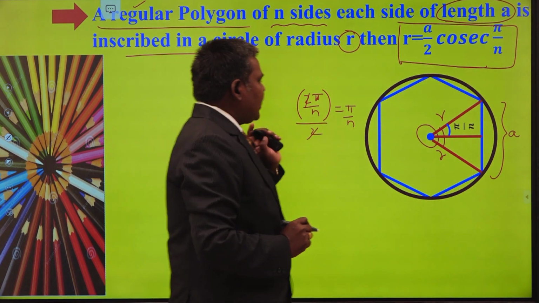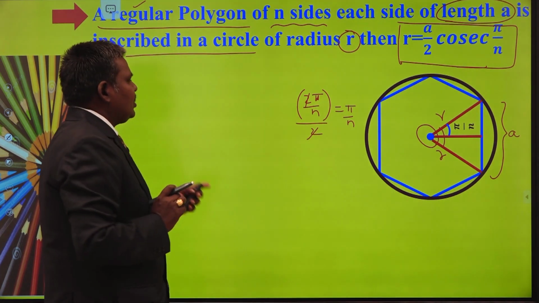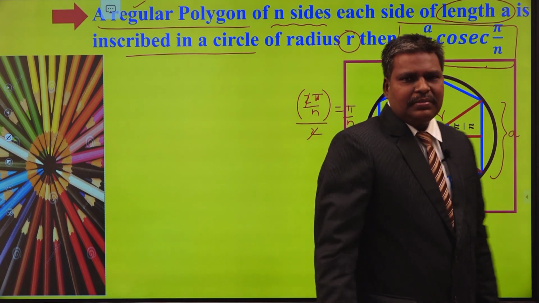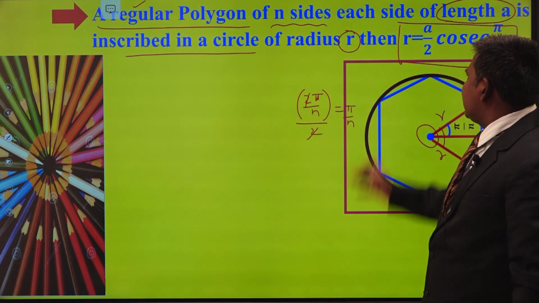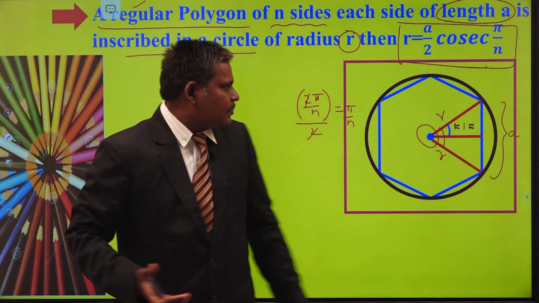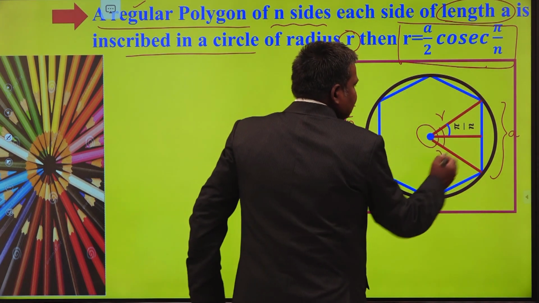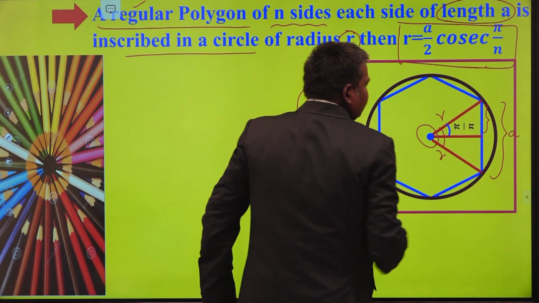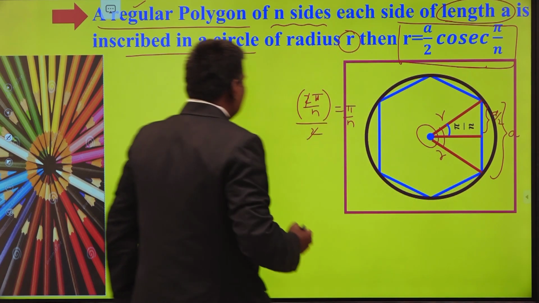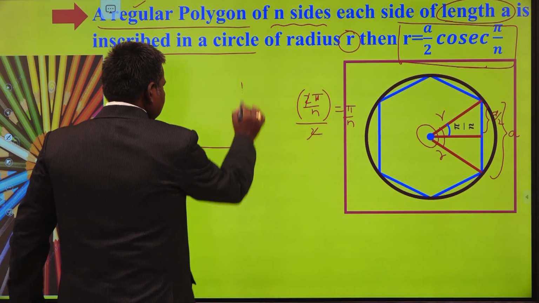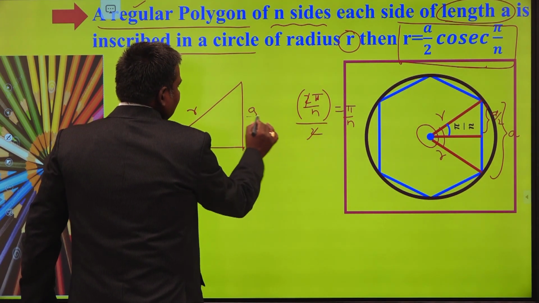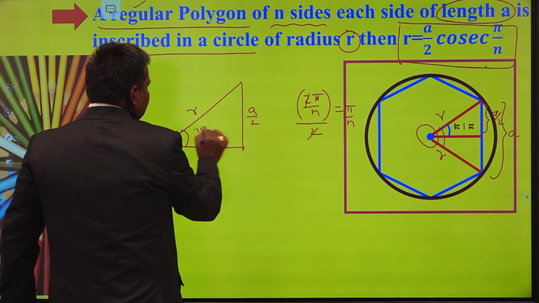Right? This is the condition given in your statement. This is the corresponding diagram. From this diagram, it is very easy to show this result: R is equal to A by 2 cosecant pi by n. Am I correct or not? Very easy, you can do this one. This is R units. Now tell me what is the distance from here to here? A by 2, because this is the perpendicular bisector. So we have the diagram in this manner. This is R units. This is A by 2 units. What is the angle here? The angle is pi by n.